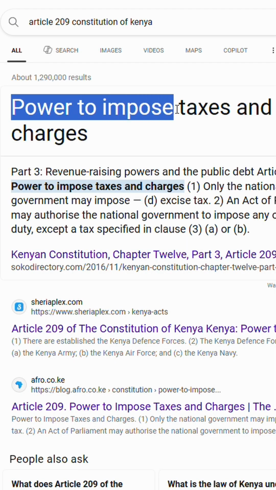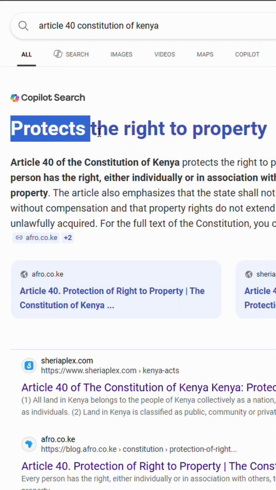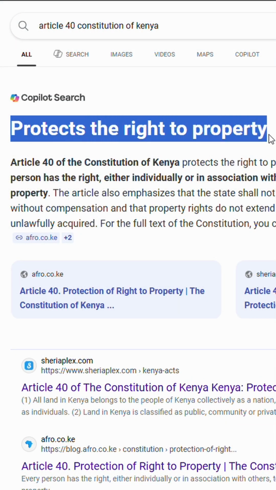There's one pertinent question that people ask a lot. How does this tie to the law, or what governs these land rates? The Kenyan Constitution of 2010 backs this up. Article 209 allows the counties to collect property tax like land rates to fund local services, which we spoke about earlier, while Article 40 protects your property rights as long as you stay compliant with taxes like the land rates. It's all about keeping the system fair and functional.